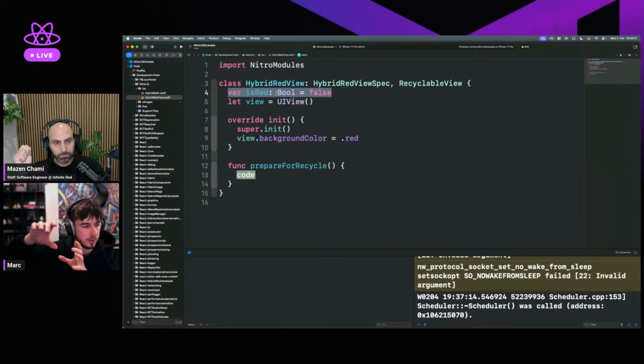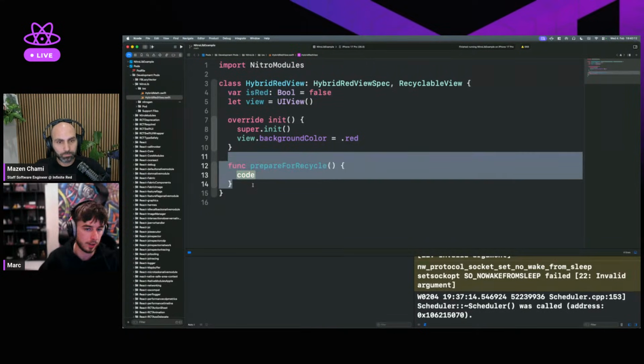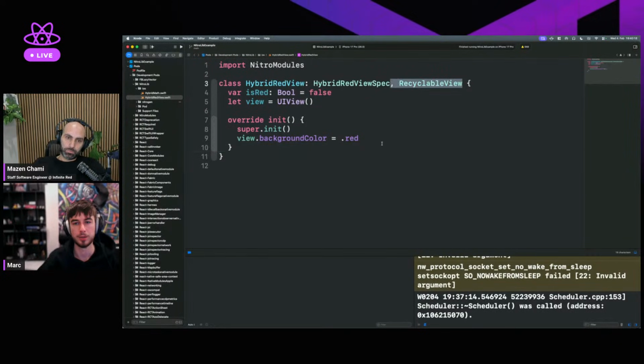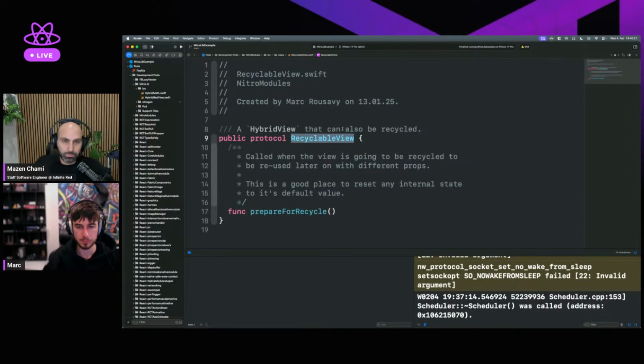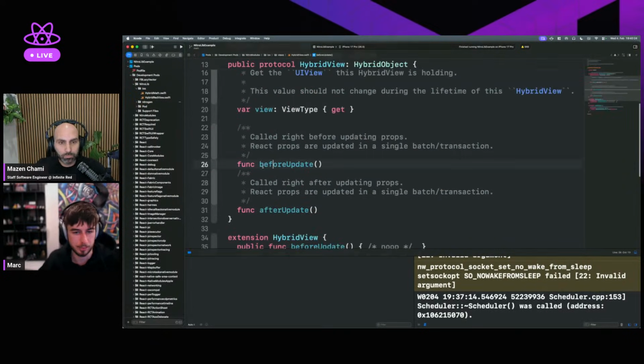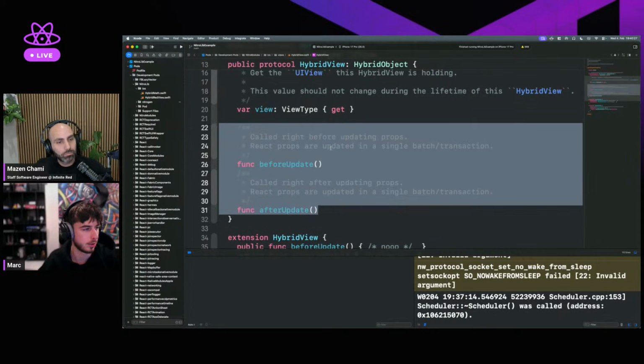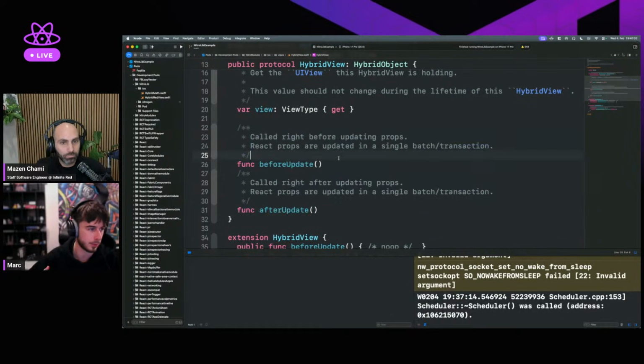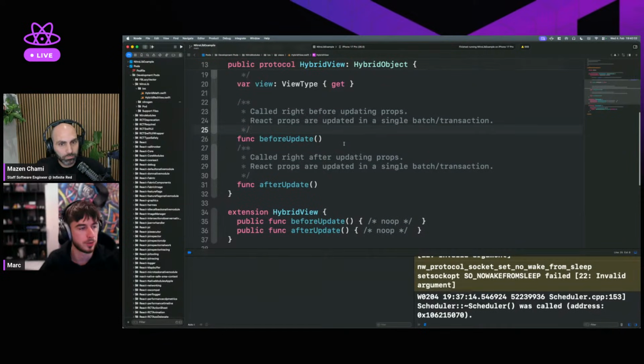The thing that's going to happen if you don't have recycling is it's going to pull up old images and display a stale image, a previous image, and then set the new prop already, but it's still loading, right? So to prevent that, you would clean the image in prepareForRecycle before the view gets reused, and then it can be reused again. So recyclable view. We also have methods called beforeUpdate and afterUpdate, which are called, obviously, before all props are updated and after all props are updated. We have some smart caching on the props to only parse them if they have changed. And we're also going to add children support soon, and